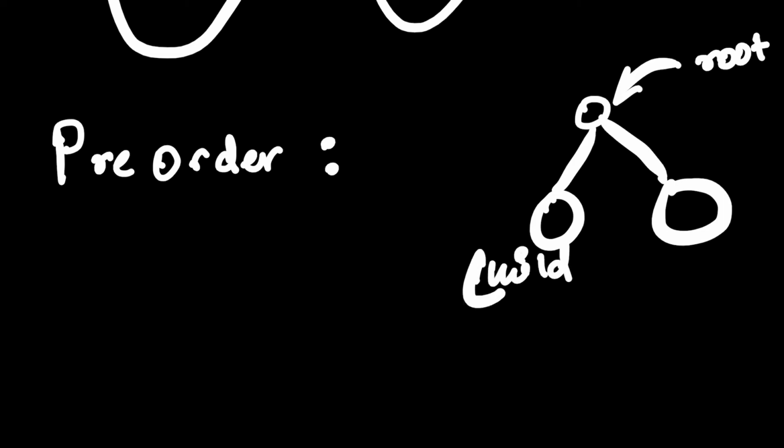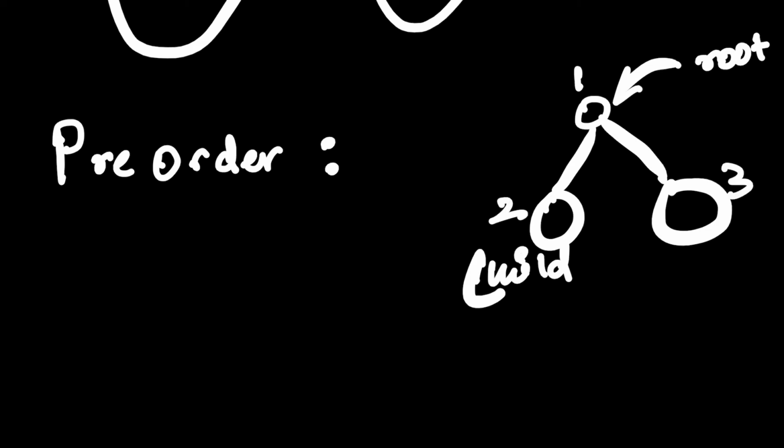So let's just say what is pre-order traversal. Pre-order is when we have a tree which is having a root. These are the children. So in this tree we have a traversal. So the pre-order traversal, in which we have to first visit, let's call it 1, 2 and 3.